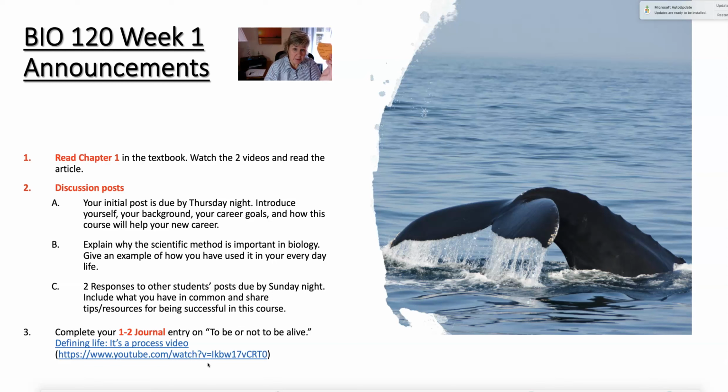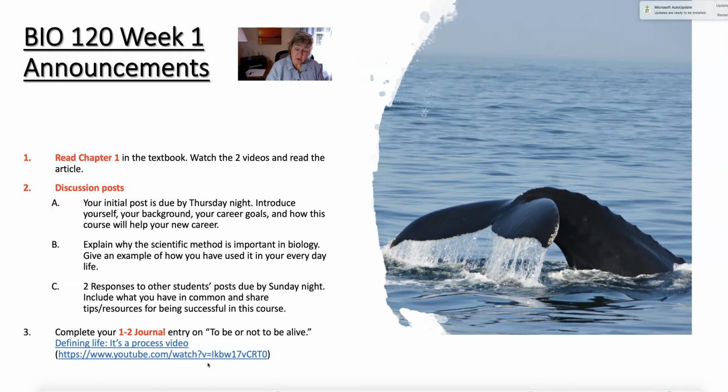Here's one that I jotted some information on. I jot down exactly what I need to cover in whatever it is, in my discussion post, in my assignment, whatever it is. So make sure you check off all the boxes on your discussion post, answer everything that you're supposed to. You'll be explaining the scientific method, so of course you have to read chapter 1 first so you